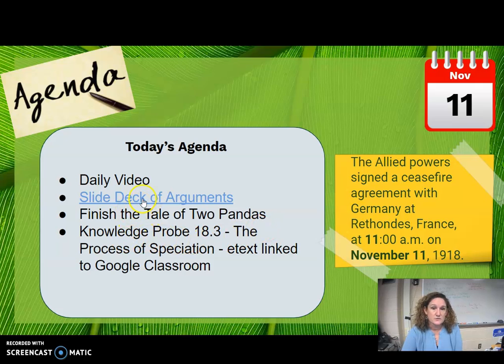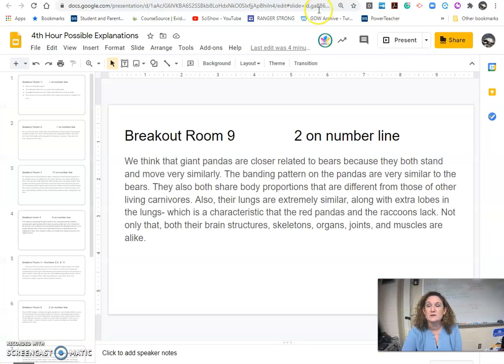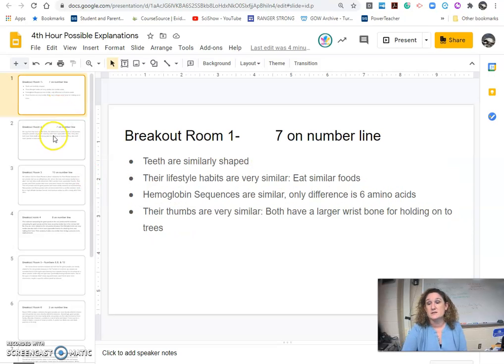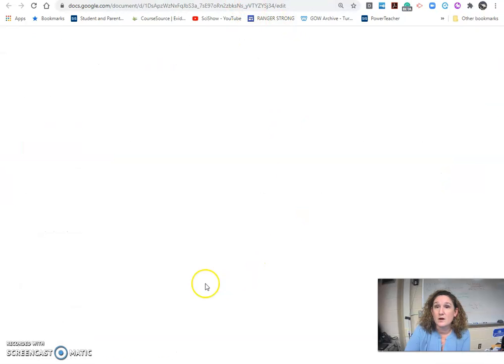So this is what you're going to do today, is look at this slide deck. You'll need to open that, and when you open it, it'll look like this, where you have the different summaries that you guys did in your breakout rooms at the end of class yesterday. When you look at them, you've got information about what number they were. If I have a wrong number on there, please change it when you get on. I was doing my best guess based on how I sorted you out. So you'll open this up, and then you'll also open up